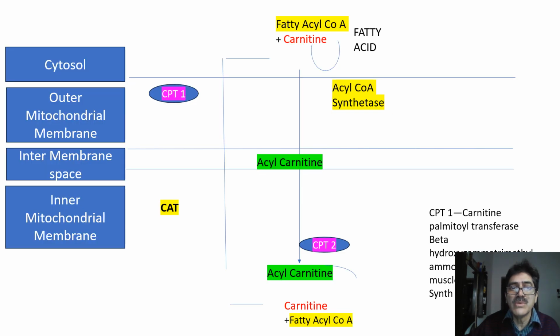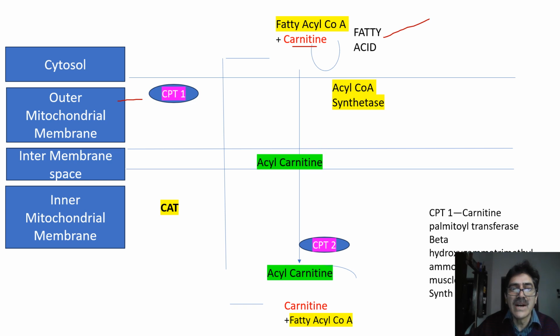mitochondria. So you can see this figure. This is cytoplasm. Here you have fatty acids. Fatty acids get released from adipose tissue mobilization of triacylglycerols. They combine with carnitine, the carrier, under the influence of enzyme acyl coenzyme A synthetase. So here you have this carnitine palmitoyl transferase 1 located in the outer mitochondrial membrane that converts it into acyl